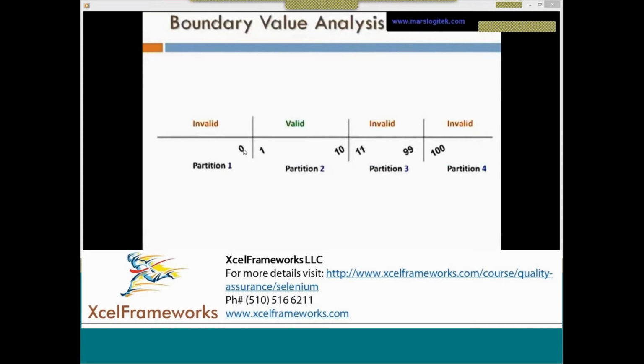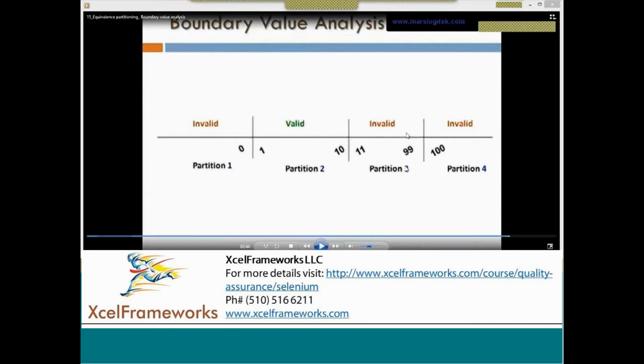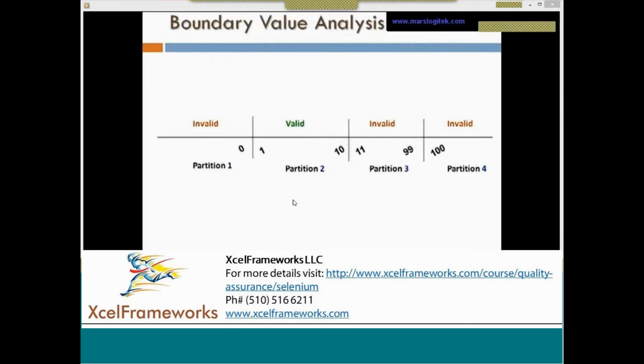Better put it in a document. What is valid, what is invalid? Come up with the partition first, and derive for each partition what the value is. Come up with the test cases, and then go with the boundary value analysis and come up with the test cases. So in this case, I can derive 1, 2, 3, 4, 5, 6 test cases. I can probably write more than 10 test cases for a given case. So this is just a very simple boundary value analysis and equivalence partition.